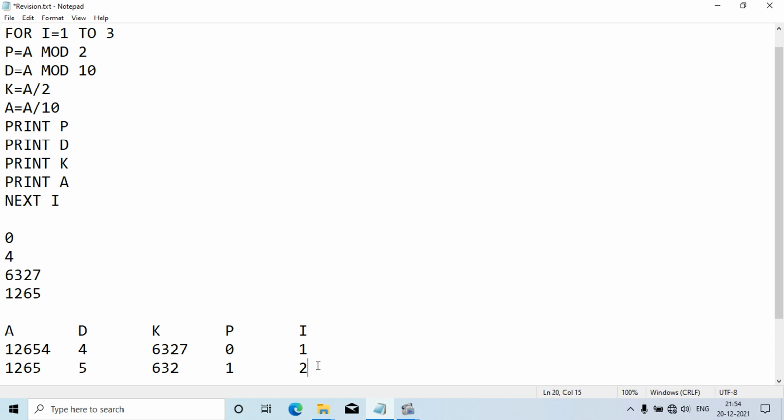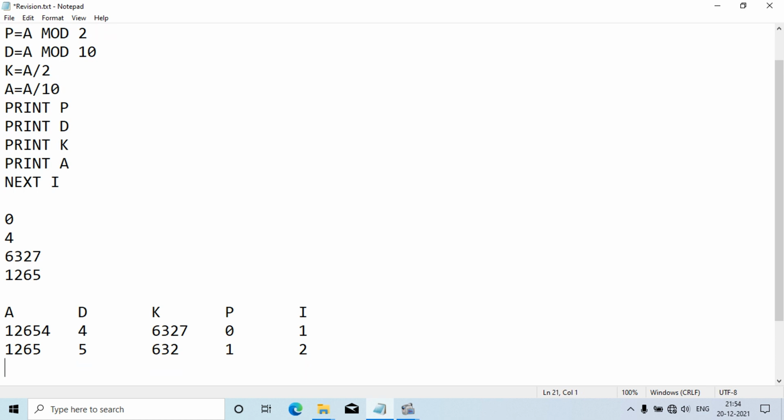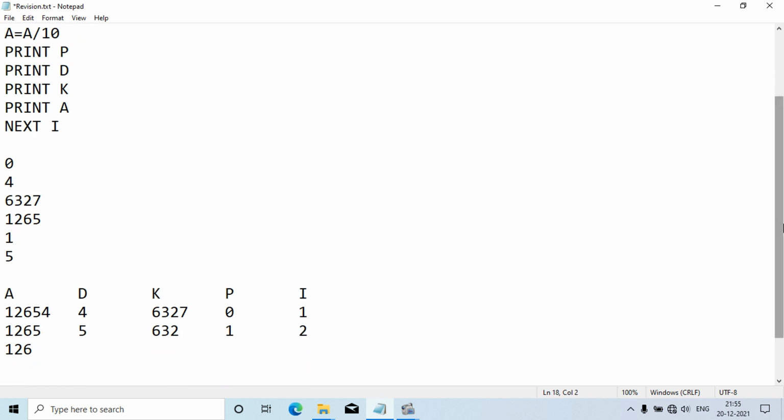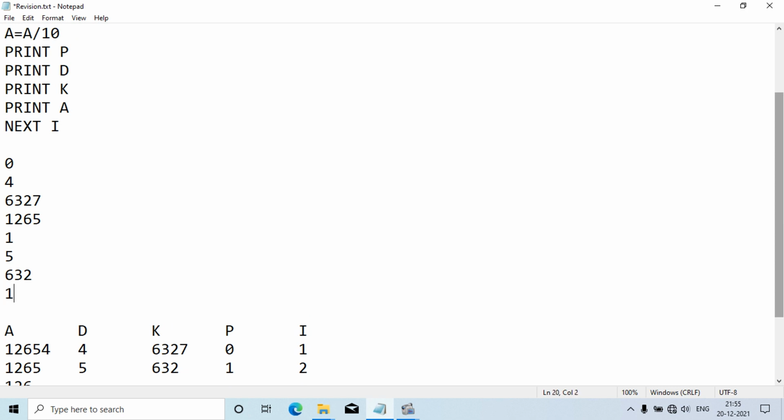Again, if I divide any number by 10, the last digit goes off. It means 126 will be the value of a. Again it will print this way: p is 1, d is 5, k is 632, and a is 126.